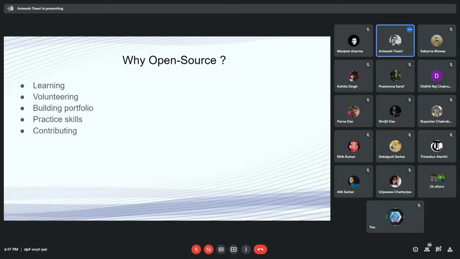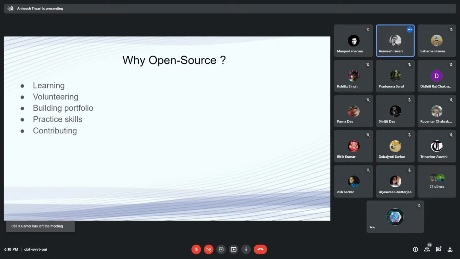After fourth year, after completing your BTech, you will go into the industry where you will work on real problems, and here what you are doing is just learning theory. So open source acts like a bridge between industry and your college. In open source, you will work on real projects, and on real projects, you will learn a lot of things, like how to contribute and all the things.